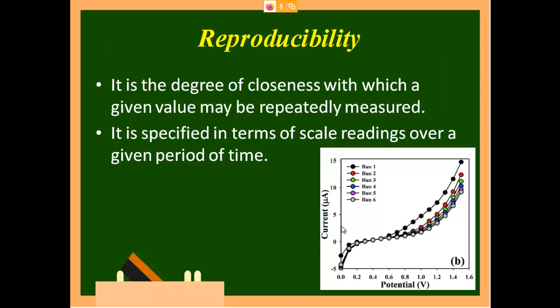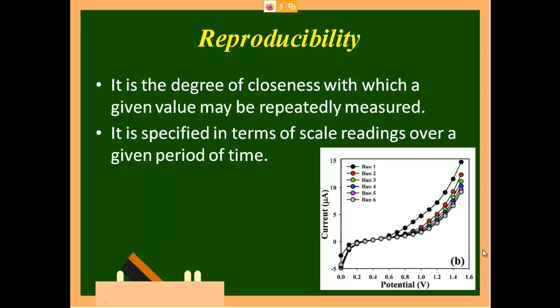reproducibility. Reproducibility is, if in the morning first hour we give a test, then we move on to the second hour, third hour, fourth hour, and finally when you come to the 8th hour, the same answer you wrote in the first hour you will not write in the 8th hour, even though it is the same person, you have read it, you have the knowledge, but the knowledge transfer will change. But for a system, if you say it should have high reproducibility, whenever I ask it should say the same value. You can see this from this graph.